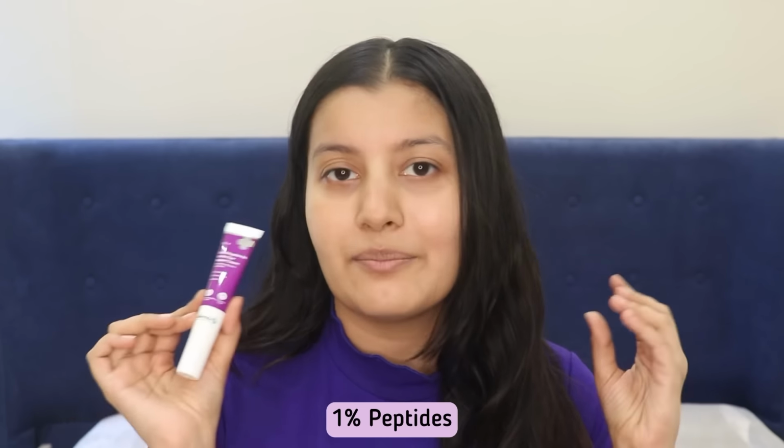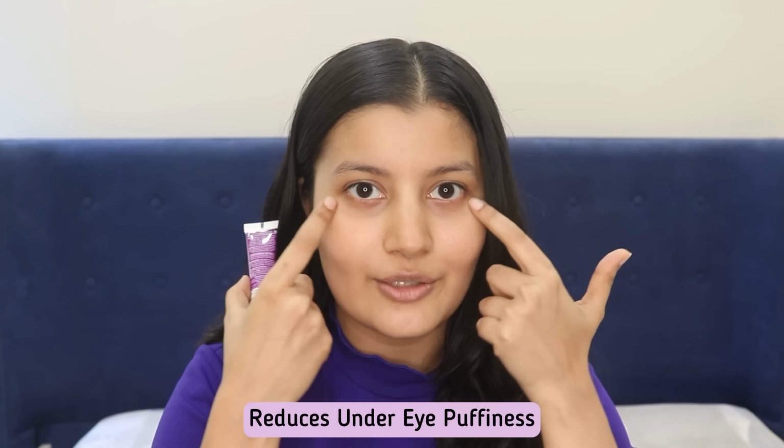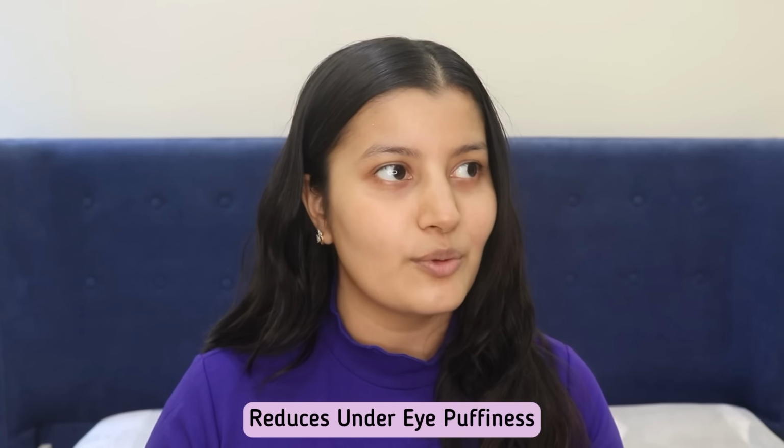So firstly, this has 1% of peptides, and peptides help in improving collagen production on your skin, and they help in reducing the under eye puffiness. So suppose when you get up in the morning and your under eyes feel very puffy, or if you have a lot of screen time, if you're constantly working on your computer or laptop, or if you're constantly binge watching a series online, maybe on your phone or on the TV, then there's a lot of puffiness that happens on your under eye region. So this under eye cream helps in reducing all of that puffiness